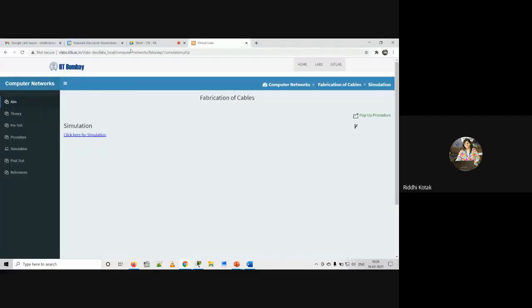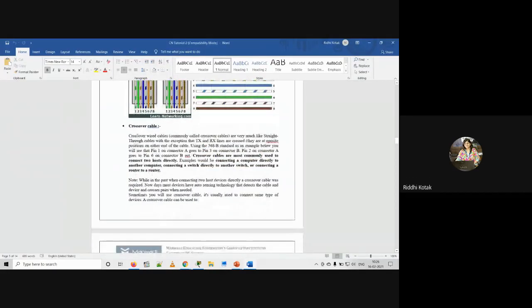Now, second point we are discussing, another cable we can create, that is the crossover cable. So first, the name itself, we will change the sequence. Crossover means the color sequence we will interchange from the sender and receiver end, right? A cable contains two ends. So in this case at both ends you have to change this sequence, and you can connect this cable when you want to create a peer-to-peer network. Already we have discussed what you mean by peer-to-peer network.